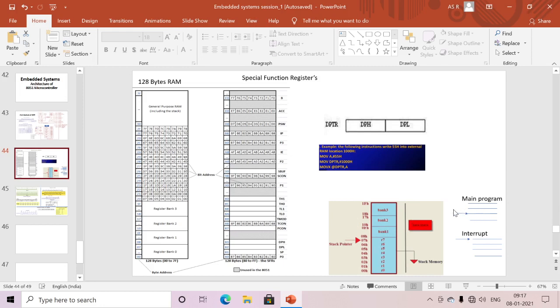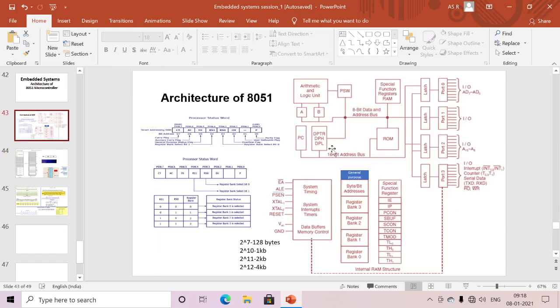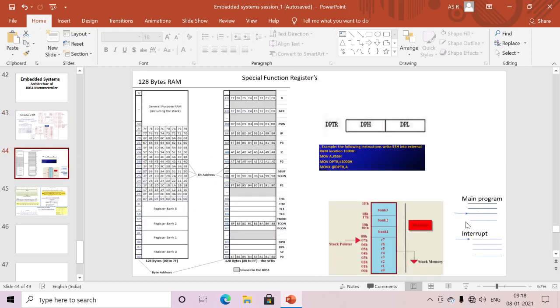For example, my processor execution is here, and my program counter holds the next instruction. Okay, this is our program counter. The address of the next instruction to be executed will be stored here. Whatever the address in the PC, the next address I am going to store here. For example, I have 1000H here. 00 I am storing in the 08th location, and 10 I am storing into the 09 location. Okay, why are we storing it?